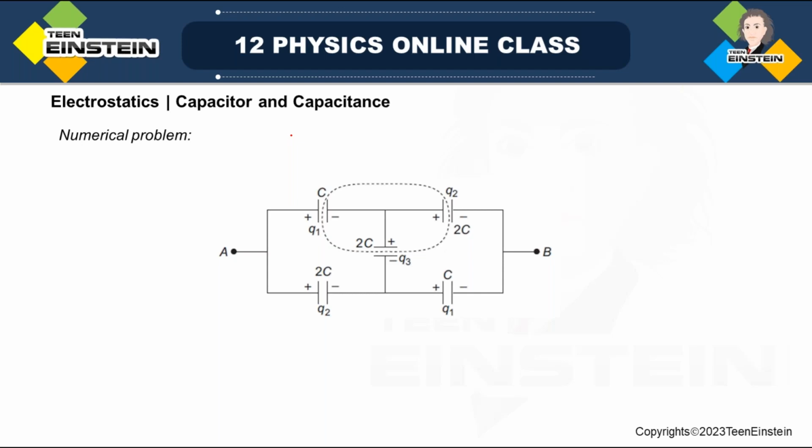As you know, the total charge will be Q equal to Q1 plus Q2. That is for sure, because this is the distribution we have got from the total charge. Now look what we are doing here: applying KVL. If I apply KVL,